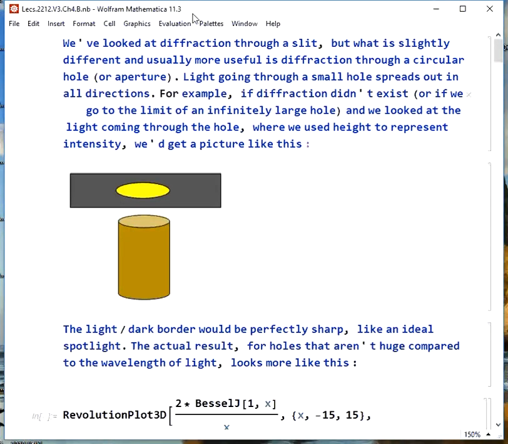We've talked about diffraction through a slit, but something that's usually more useful to us and is a little bit different is diffraction through a circular hole or aperture. When light goes through a small hole, it spreads out in all directions. If we didn't have diffraction and we had a light like this in some sort of sheet, the intensity profile would look like this. It would be well lit here and absolutely nothing outside of this,